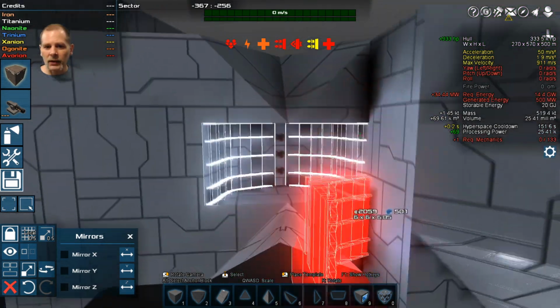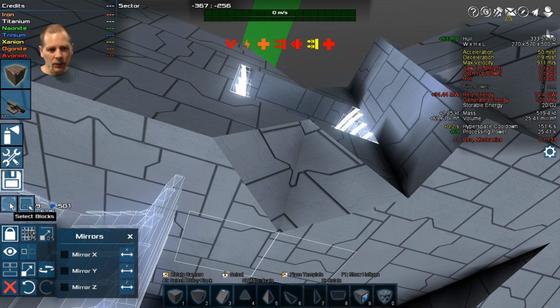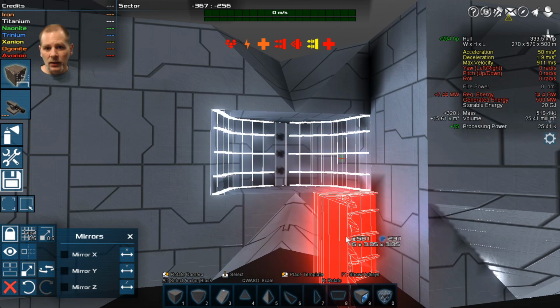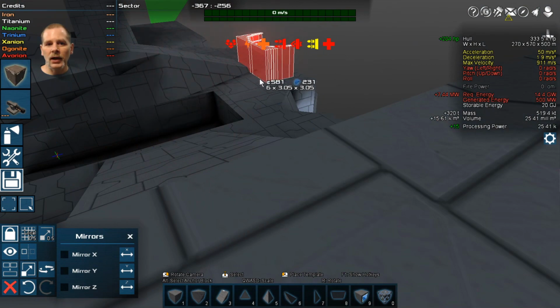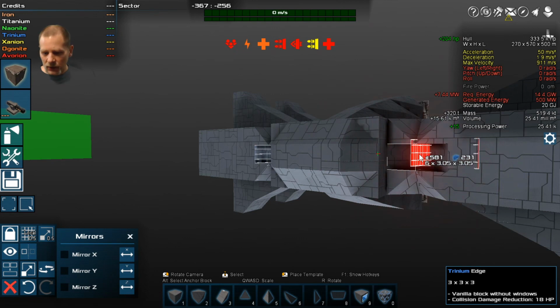Oh, we've got a block in there that we need to... Yeah, okay, we got a couple more blocks. Let's go like this. Unselect those. Let's try this now. There we go. All right, it looks like we got it. Cool. So we're gonna go like this,